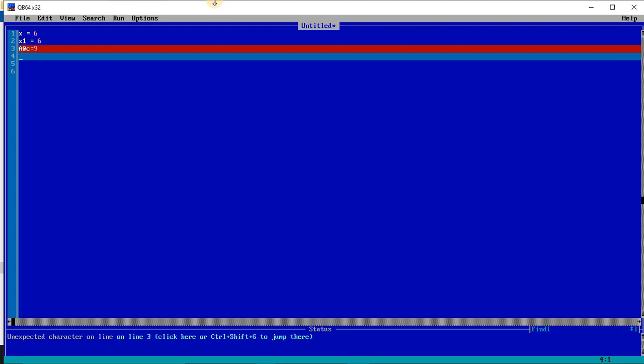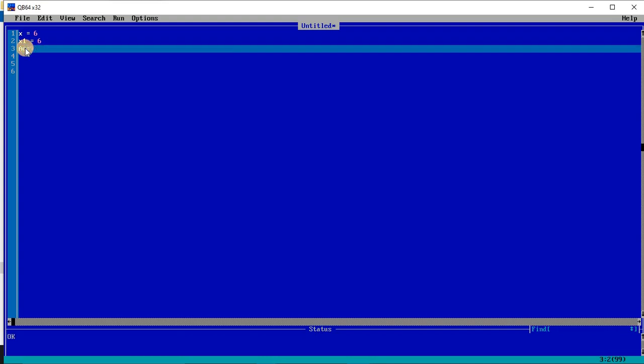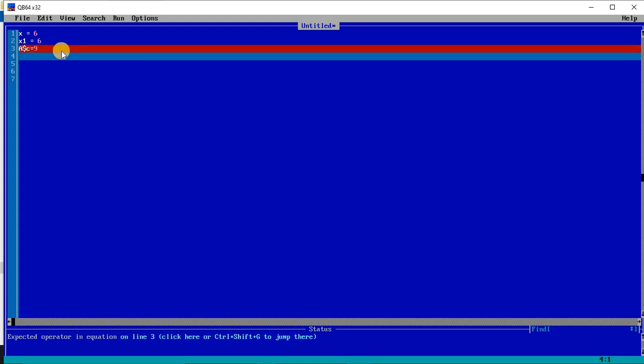See here, the at the rate sign cannot be used in a variable name, so it is giving a red mark. If I write hash or dollar and press enter, it will also give an error, because in the variable name you cannot use a special character like hash, dollar, percentage, like that.